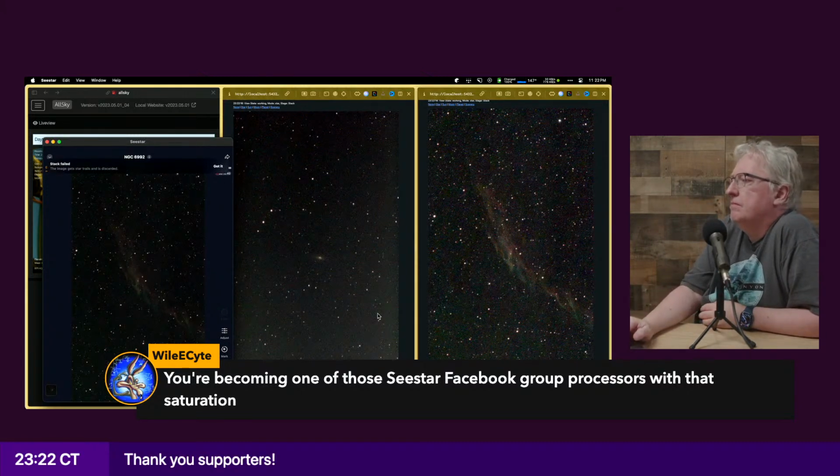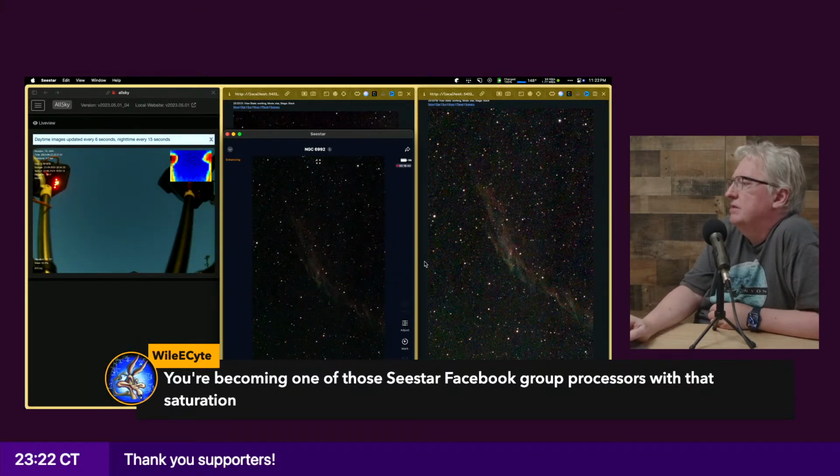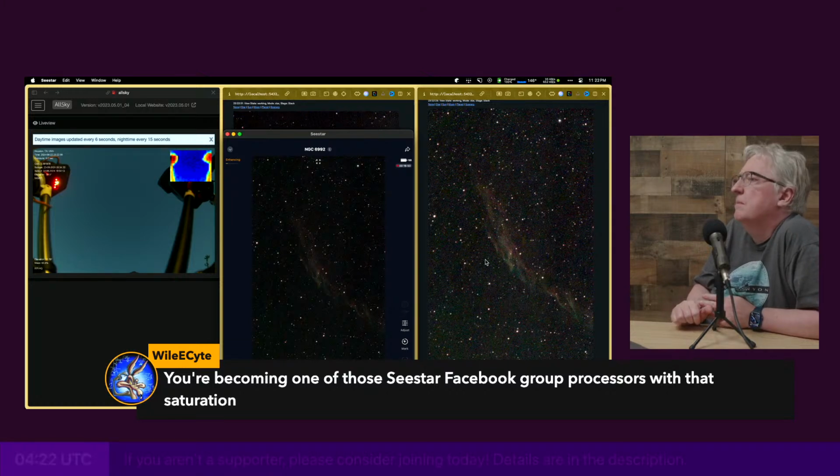And besides the colors, you can definitely see a lot more stars. There's a lot more noise on this one, but it's good because you can get a better feel for how much data you're actually collecting.